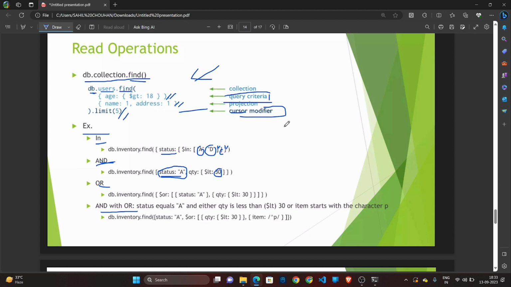So the cursor will check first: is the status A? Yes, it is A. Then it's going to check if that quantity is less than 30, and if it is less than 30, then it is going to add it to our final result. Okay,